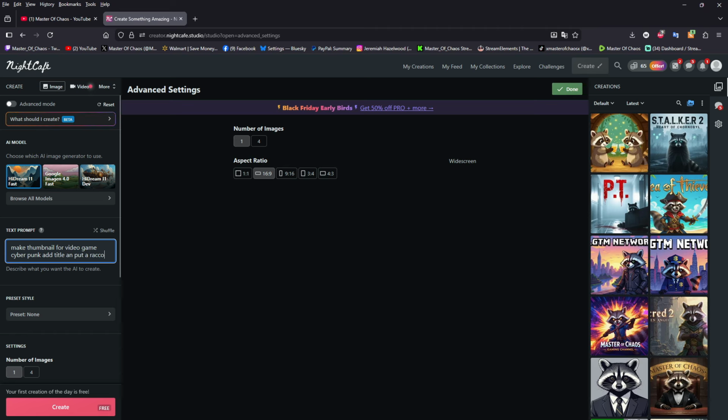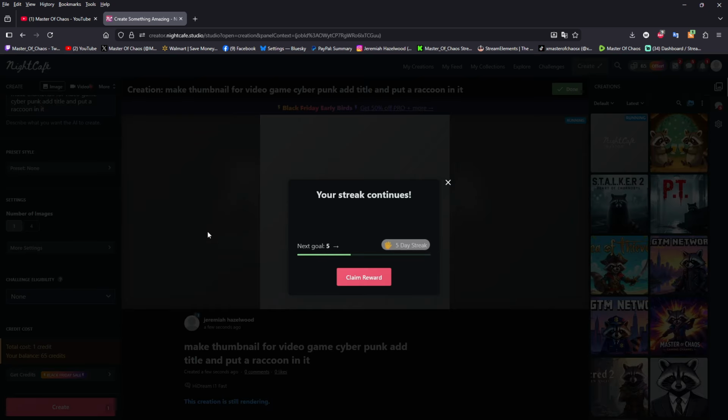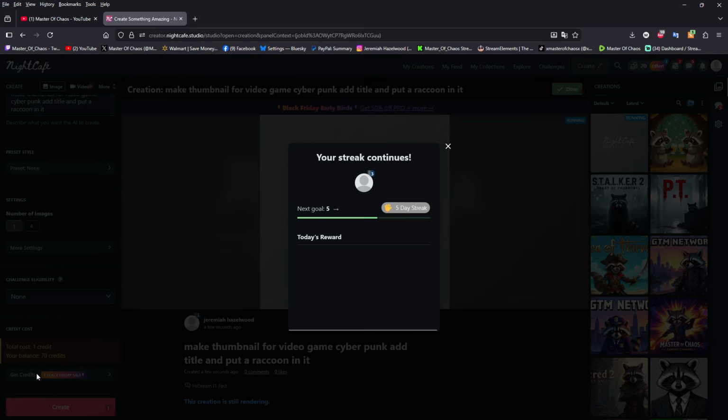a raccoon in it. All right, so I just asked them to make a thumbnail for my video game, video game Cyberpunk. Add title, and then the D doesn't work on my keyboard, so I have to sometimes smash the D, and then put a raccoon in it, and then I hit create, and now it's thinking. Oh, I did a streak, so I got more points, and then the points go towards